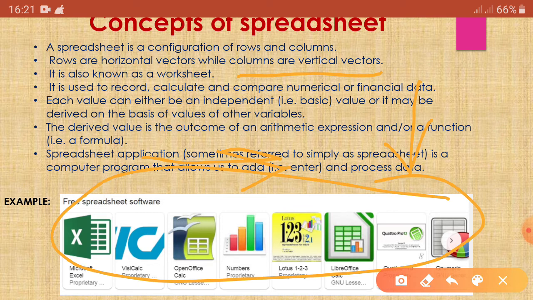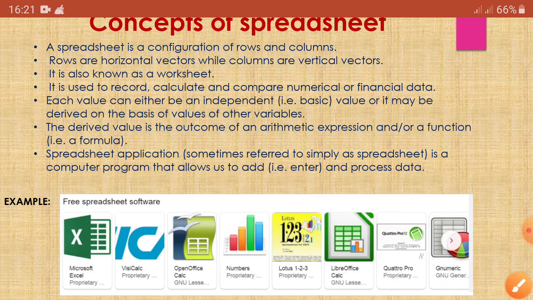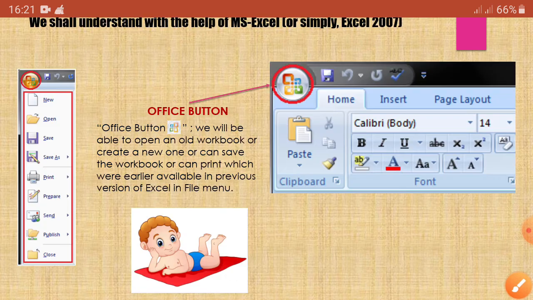So all these are the examples of free spreadsheet software. We regularly use Microsoft Excel, another one is OpenOffice, then Lotus 123, and all the examples are there. So all these softwares are freely available on internet. Okay, go to the next slide.